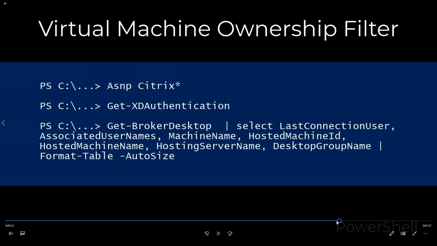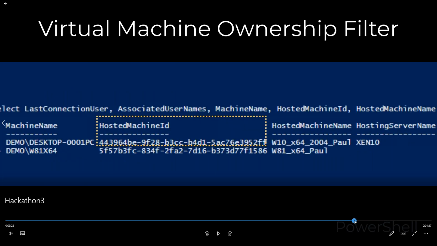Then another thing is this. Notice we're dealing with HTTP requests. Well, how do we talk to PowerShell, right? So our proxy can pretty much talk to the CVAD servers, run the PowerShell and return some of the parameters that we need, like machine name, the host ID, and so forth. So once we run this, notice it returned the hosted machine ID, which in the lingo of Citrix Hypervisor is the UUID, a unique identifier which will identify that virtual machine that that particular user has. In this particular case, the user name is Paul. This is the hosted machine name, and we'll also know the host name and so forth, right?